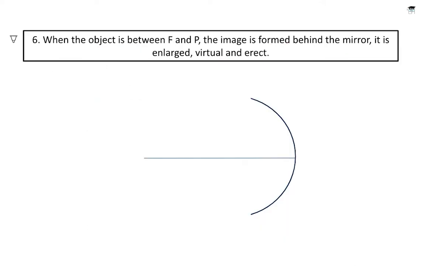Okay. So the next is the sixth case, when the object is between F and P. This is the last case for concave mirrors. There are a total of 6 cases of image formation in concave mirrors that we are going to do in this video, and this is the last one. So you can try this one by yourself as well, but it is a bit different. So if you are facing any issue, definitely start the video, watch the video.